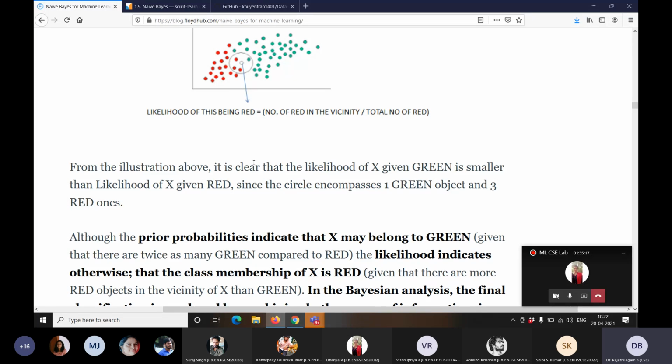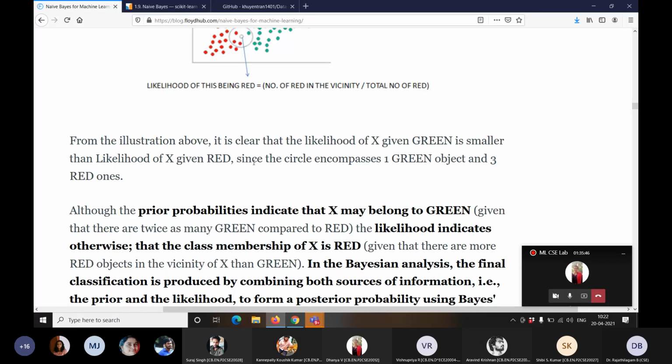So there is a machine learning model called the Bayesian rule, using the Bayesian rule, the naive Bayes classifier model. The Bayesian rule will combine both prior probability as well as likelihood. Combining both, it decides whether the point belongs to red or green. So the prior